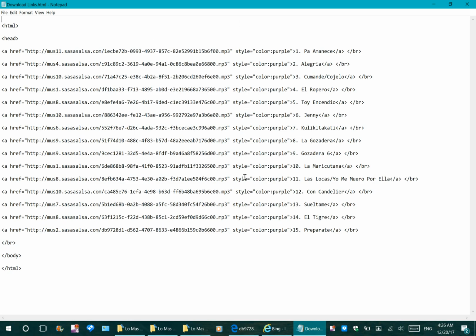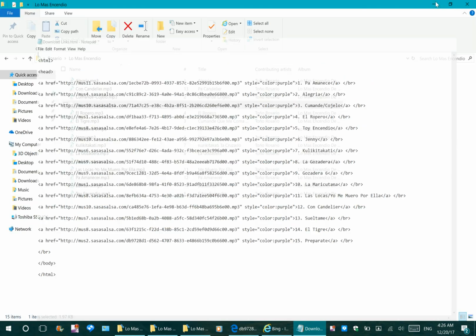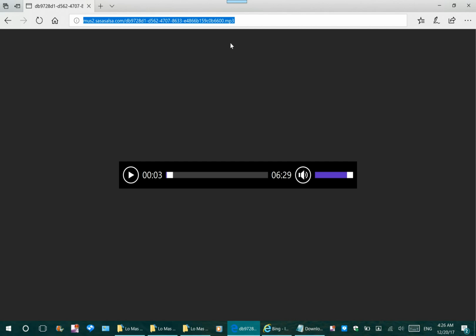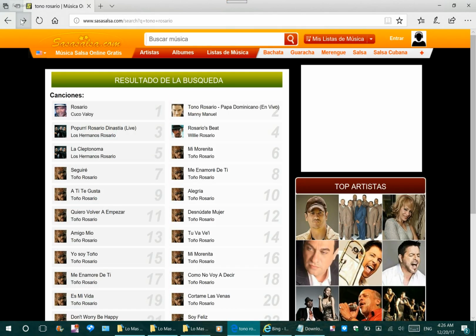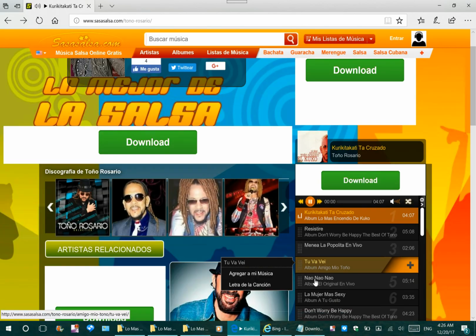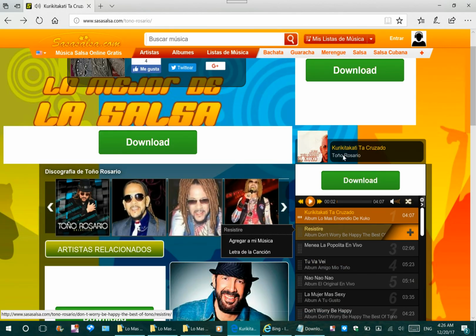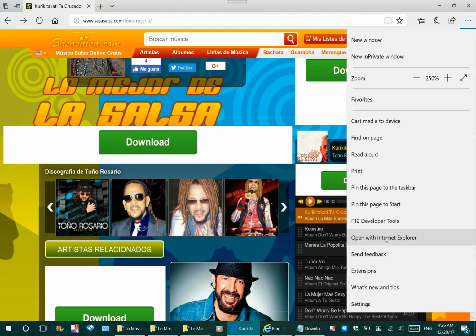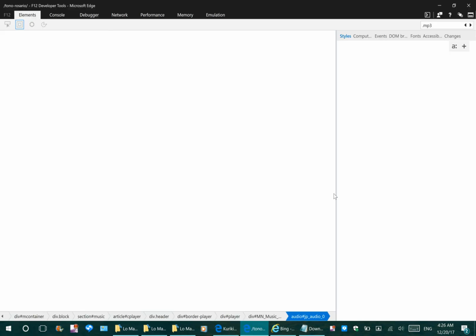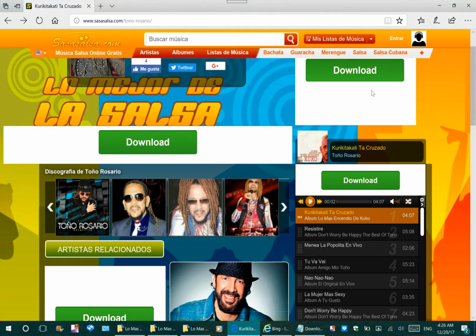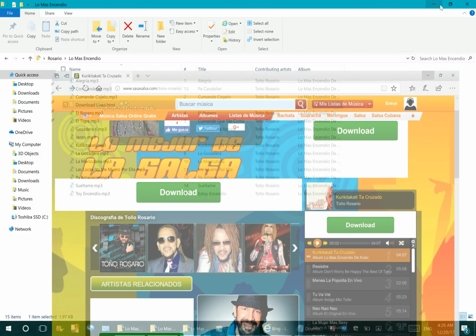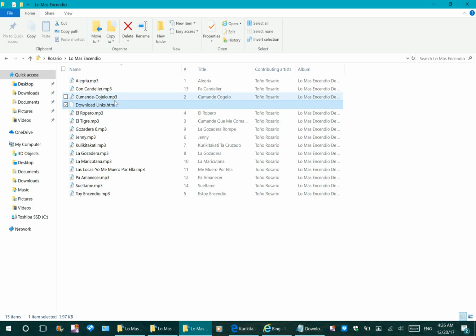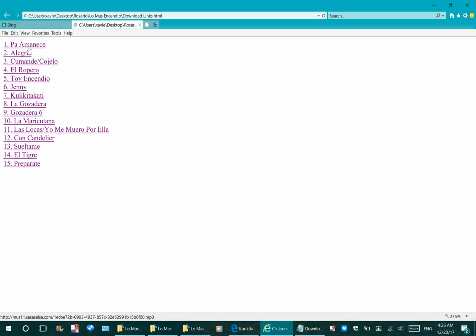So once I had compiled all of that, of getting all that information for each song by going through the process of going to that web page that I was on, and then playing each song and going into developer tools, looking for that unique URL address for the MP3 file. I had compiled that, and then very simply, and Internet Explorer is my default browser, I just opened it, and